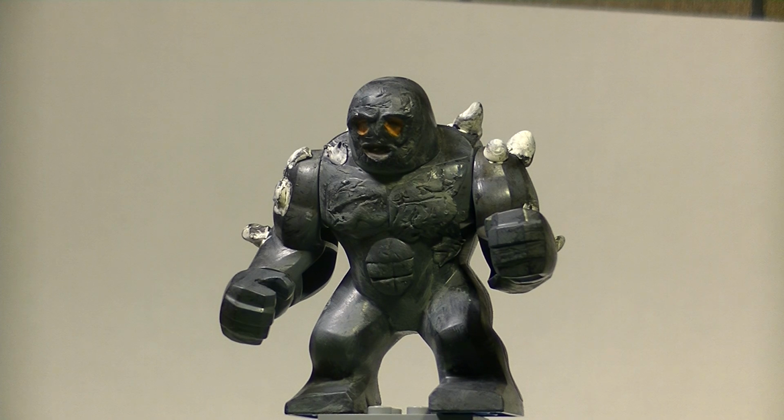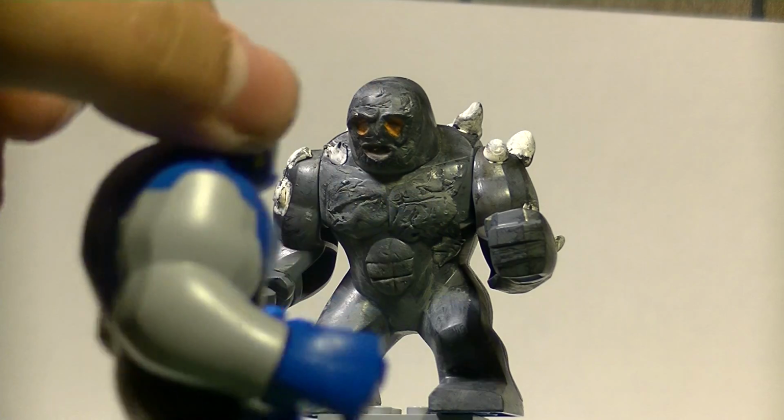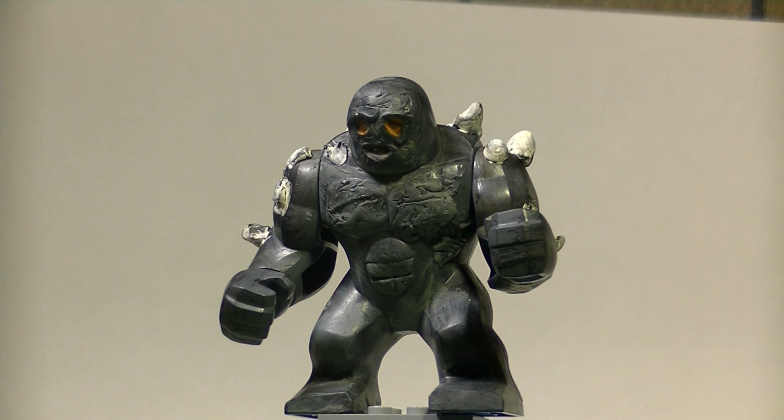But the thing is, guys, I wasn't about to spend anywhere from $8 to $12 so I could sit for probably an entire day sanding a big fig. I was not going to do it at all, and I wasn't going to do it even if I would have bought the actual Lego Darkseid big fig. It still would have been a lot of money. So